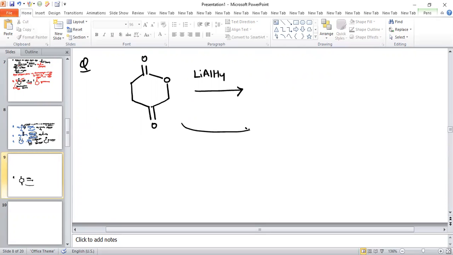In the second step, we are using NaBH4, and in the third step,